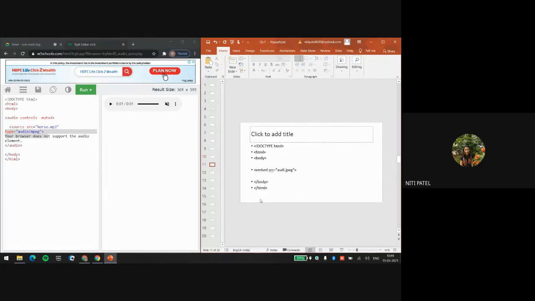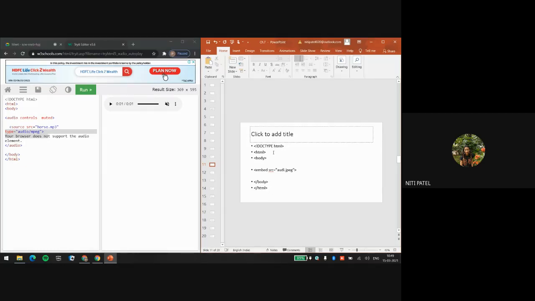I have opened the doctype HTML, opened the HTML tag, opened the body tag, closed the body tag, closed the HTML tag. In between, I have embedded an image. What we were doing up till now, if I wanted an image, I was using an image tag: img src equal to the name of the image, width equal to 200 pixels, height equal to 200 pixels, close the image and run the program. Now I can replace that image tag by using this embed tag also, because I'm embedding this image as an object inside this HTML.